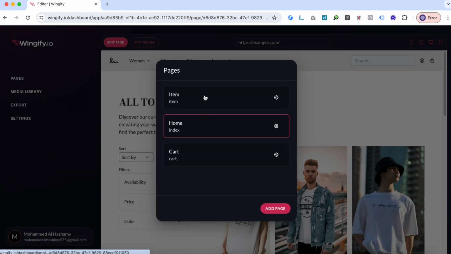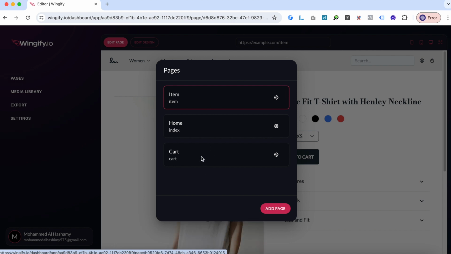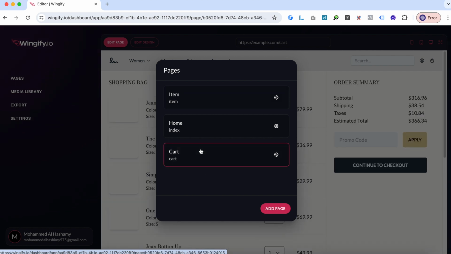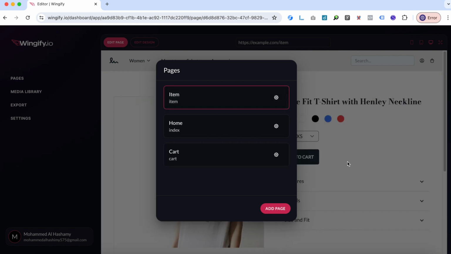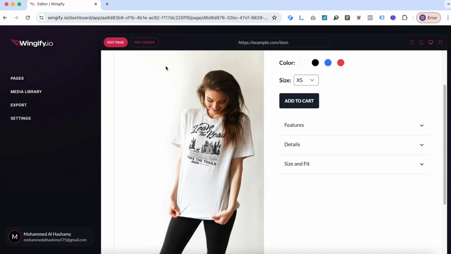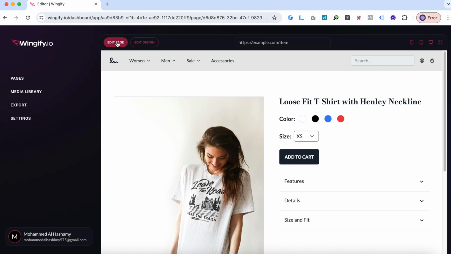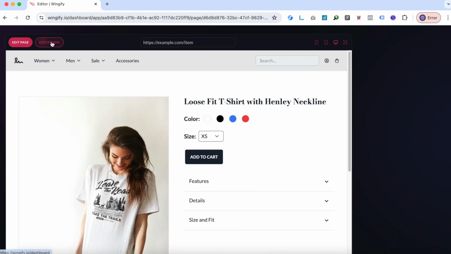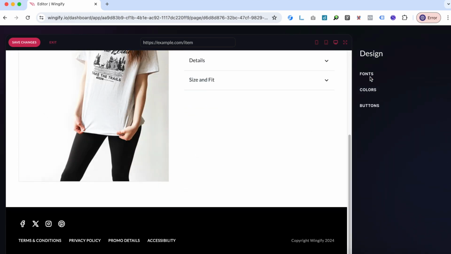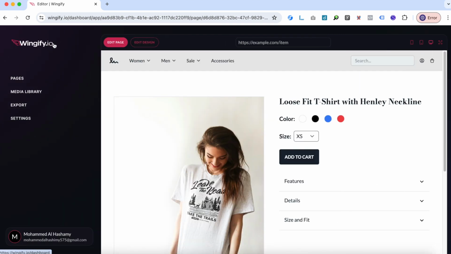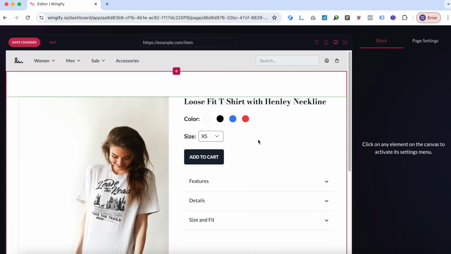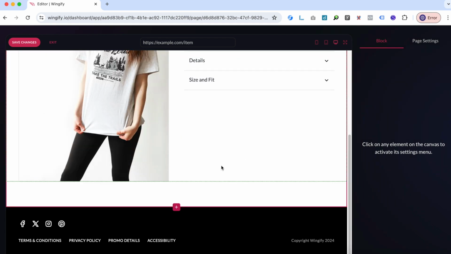I wonder if you can switch. Okay, yeah, you can. That's nice. You can switch through the different stuff by just clicking these here. But anyways, if we exit and click on it, oh yeah, I forgot, we have to click on edit page. Wait, actually, if we click on edit design, that's really cool. You can change the fonts, the colors, the buttons. I didn't see this one before. So if we exit and click on edit page, okay, let's add an